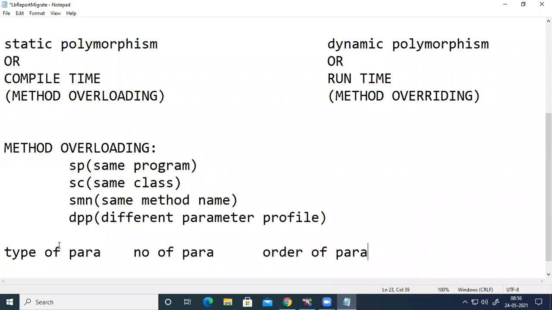If there is difference in terms of either type of parameters or number of parameters or order of parameters, then we can say that we are maintaining this DPP, that is different parameter profile, right?